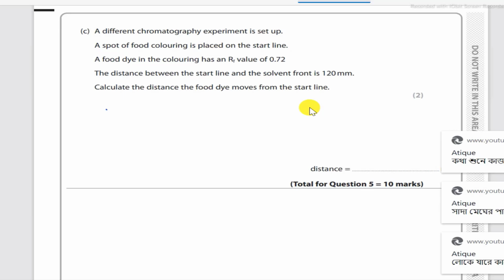We know RF value equal to distance moved by the food dye